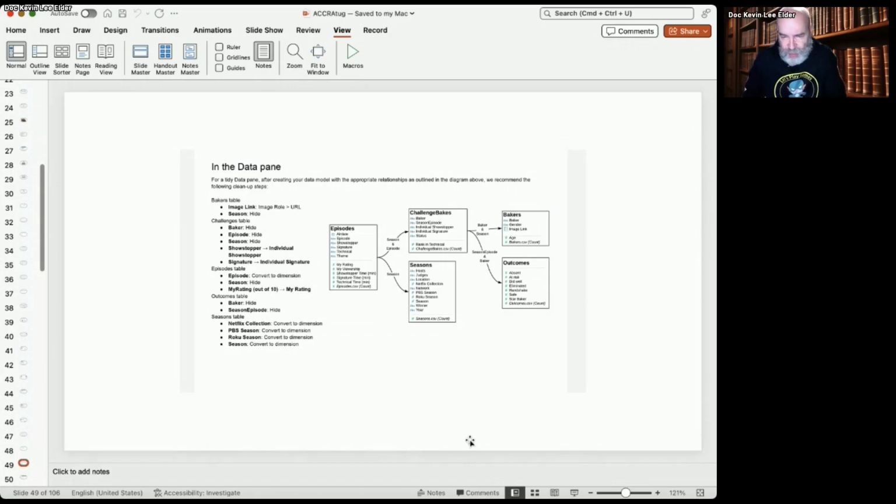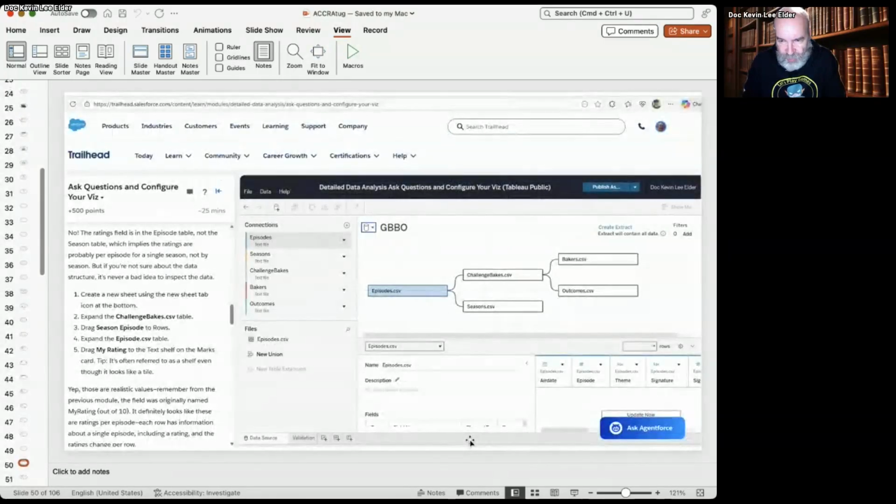They get expert guidance on, here's some basic things you should hide and simplify so it's easier for you to understand. And then it will actually pop open a Tableau window like Desktop or like Tableau Prep, and you go through the steps just like you would inside of Tableau Desktop or Tableau Public.